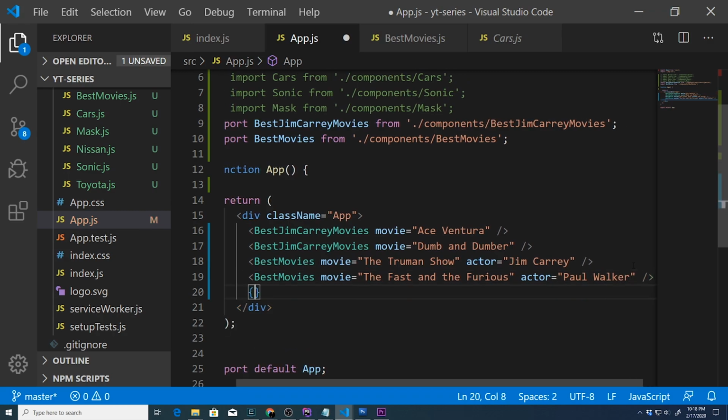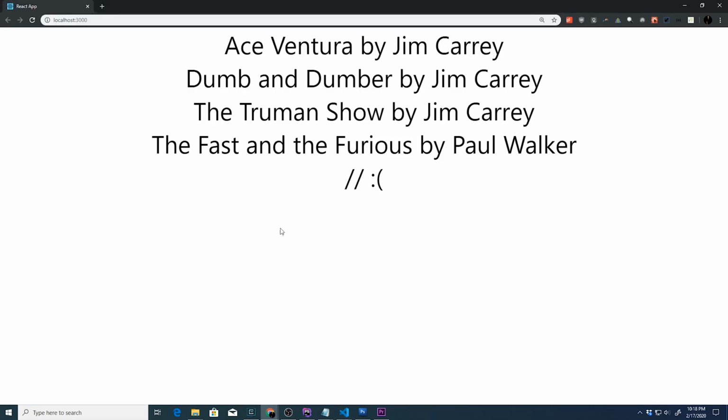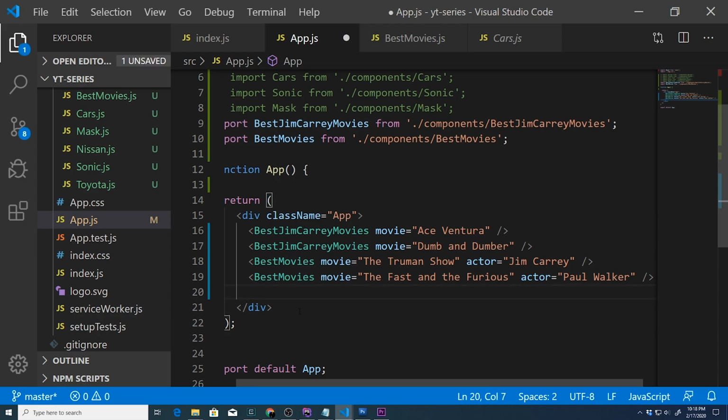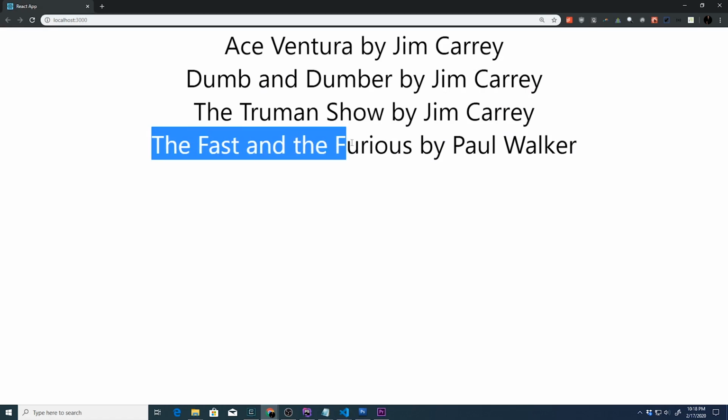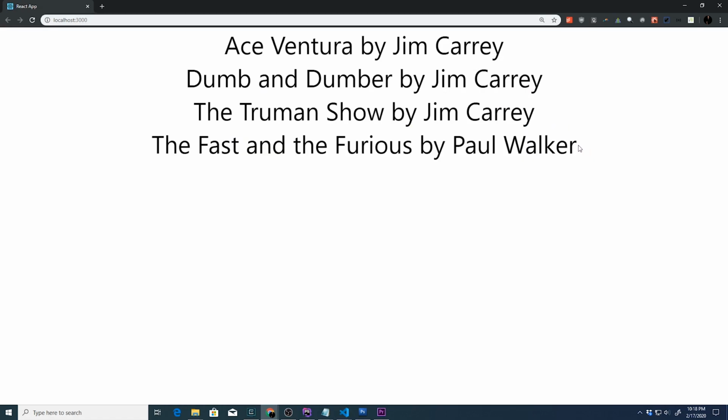So I like Paul Walker. If we want to create a little sad face comment because of this, we can't actually create the comment inside here. This will just get outputted. If you want to create a comment inside JSX, you have to surround it by curly braces. So you would do something like that. Well, actually, like that. And now it's not being displayed. So I really hate to end this tutorial on a sad note, but